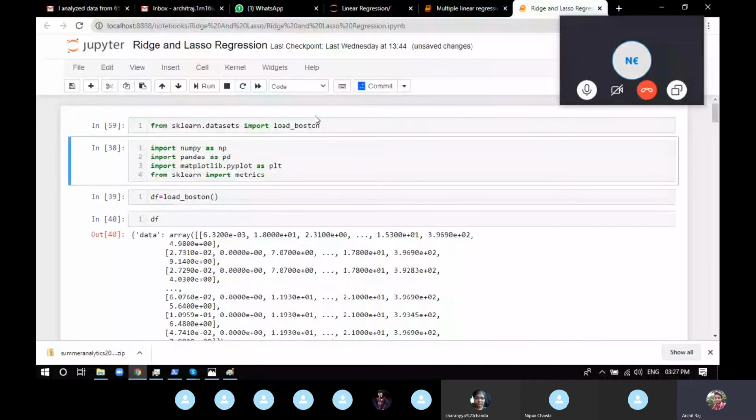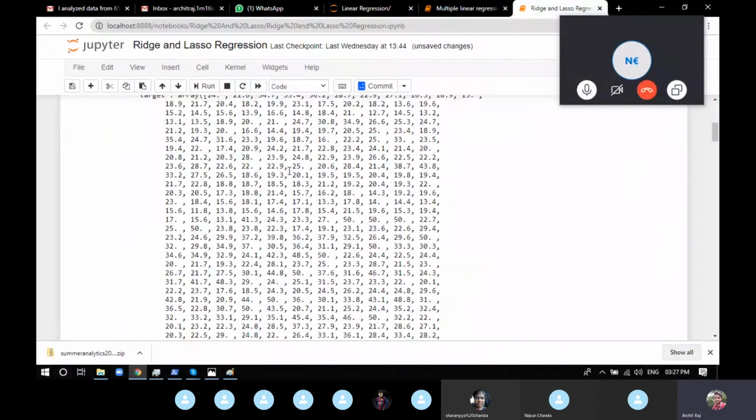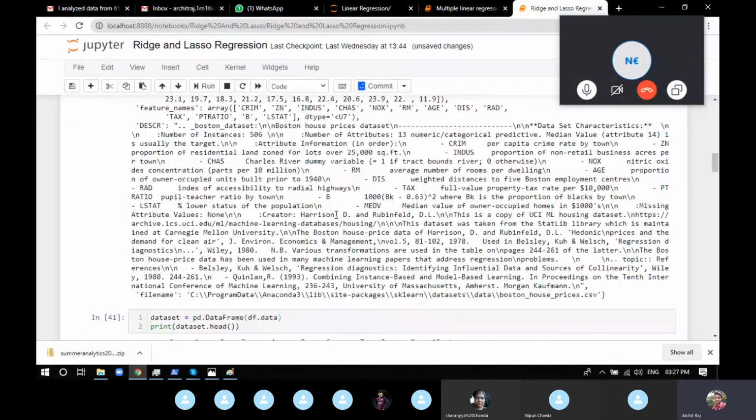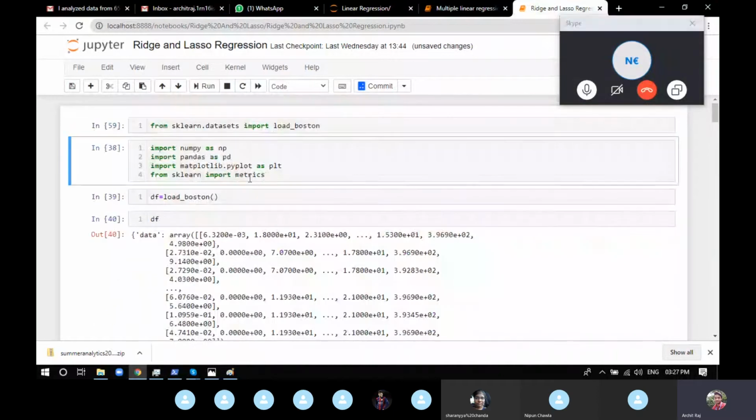So execute this line. Now, these are the libraries that we use all the time: NumPy, Pandas, Matplotlib to show the graph. But here we haven't shown any graph because it's not useful. It's my habit to write these lines. sklearn.metrics is to find the accuracy score or mean squared error, root mean squared error, whatever kind of error. Now, to get the Boston dataset, we use the function load_boston and save it into a variable df.